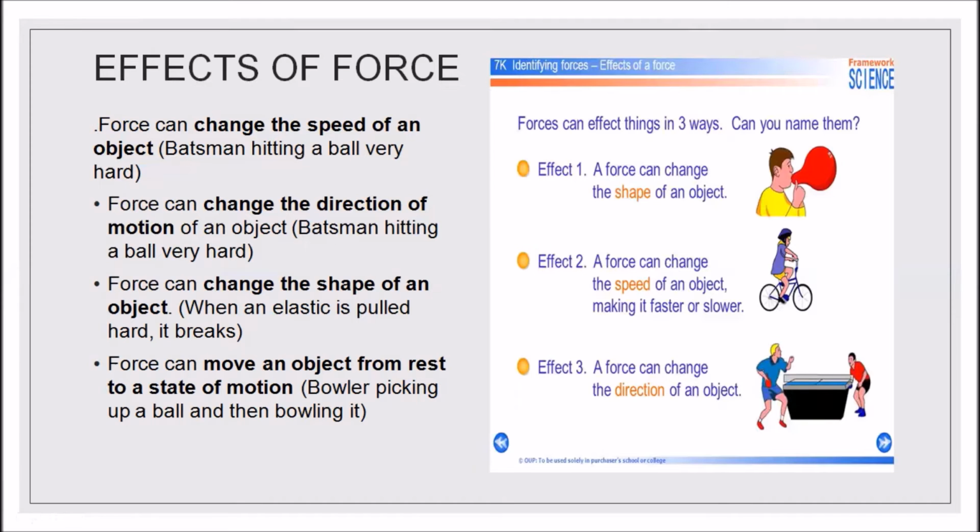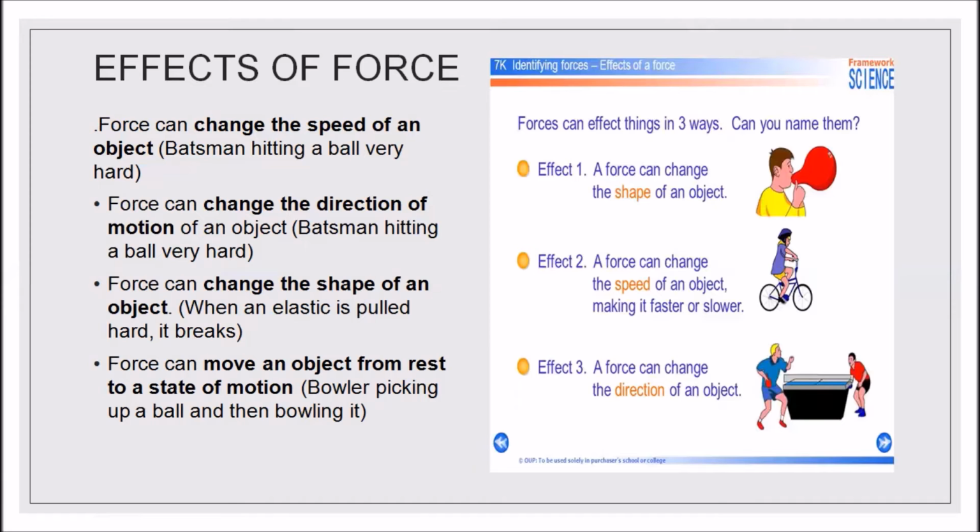For example, if a ball is stationary on the ground and the footballer kicks it, we can change the state of rest of the ball into motion. So if we apply a force on any object, we can move it. We can move an object from rest, or we can stop a moving object. If a ball is rolling towards you and you apply a force, you can stop that ball.